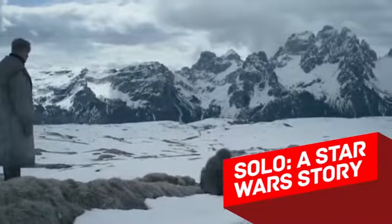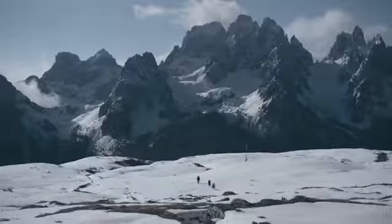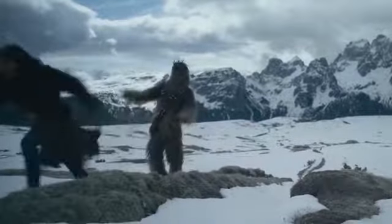Solo: A Star Wars Story. Forecasts promised Solo from 130 to 170 million in the opening weekend, but the film only earned about 103 million. This is the worst start in the history of Star Wars. So we can say that the film almost flopped, but that doesn't mean it doesn't have cool special effects